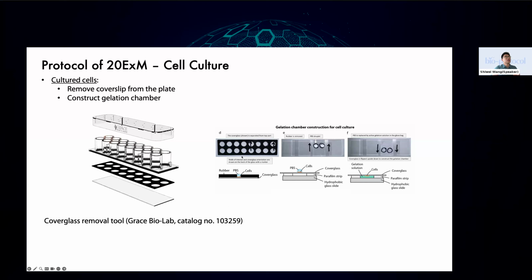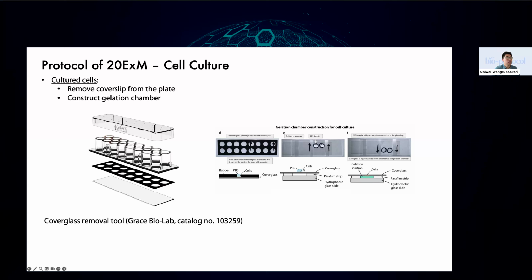The trick is, when you peel off the rubber, don't pull straight up because that will create tension that will break the glass. You want to peel it horizontally, kind of like peeling a page of a book. So once you remove the rubber, you will have a cover glass that has cells on top,